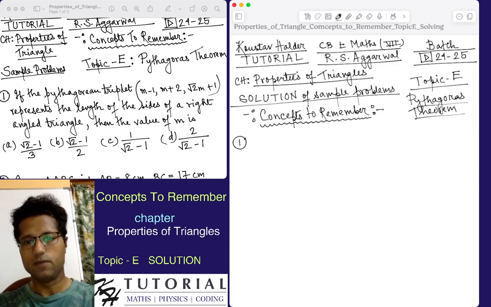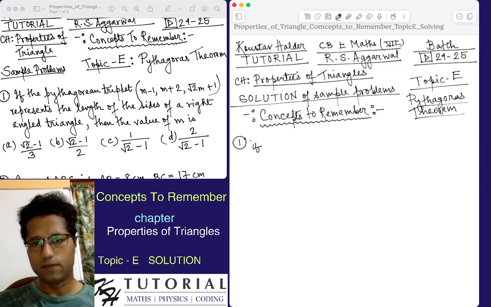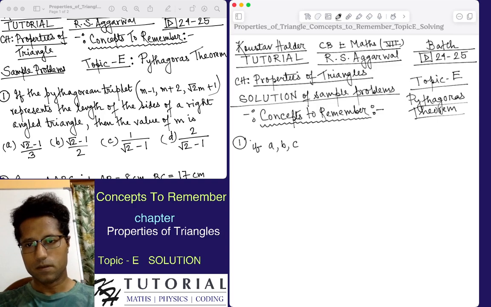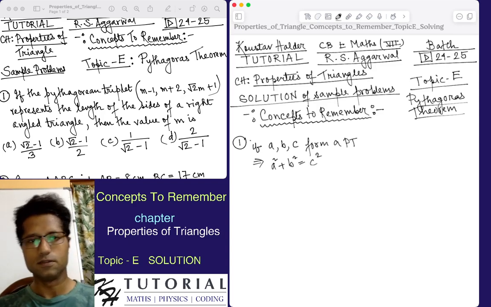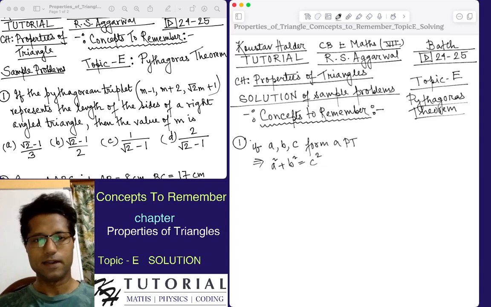If A, B, C are positive integers and A, B, C form a Pythagorean triplet, this will imply that A square plus B square equals C square. We know this. I have already discussed this in topic E. Now it is saying that